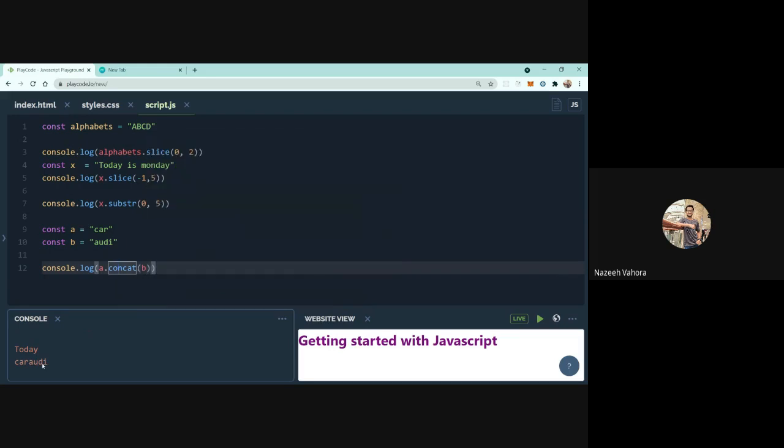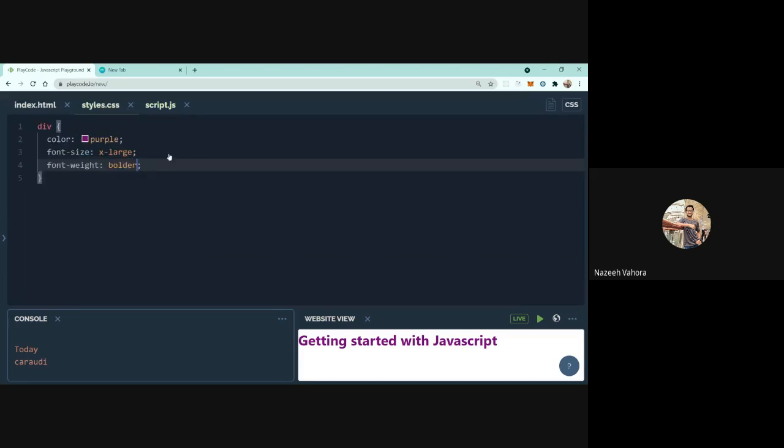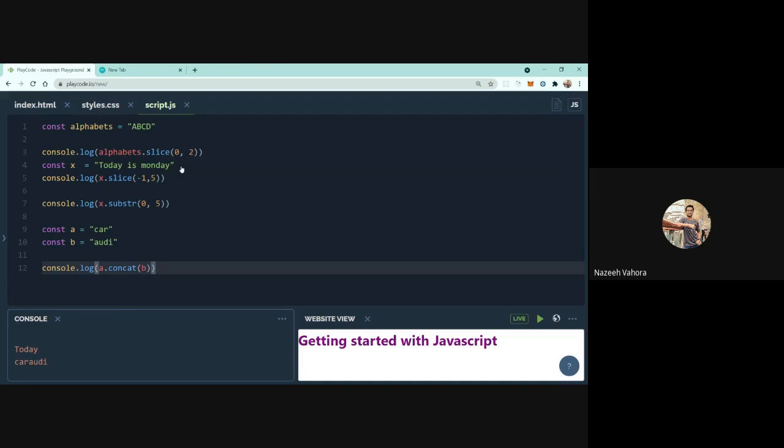Yeah, so by doing this, we can concatenate and obtain results as we want. Yeah, that's all the methods on strings, and there are pretty much more in JavaScript,